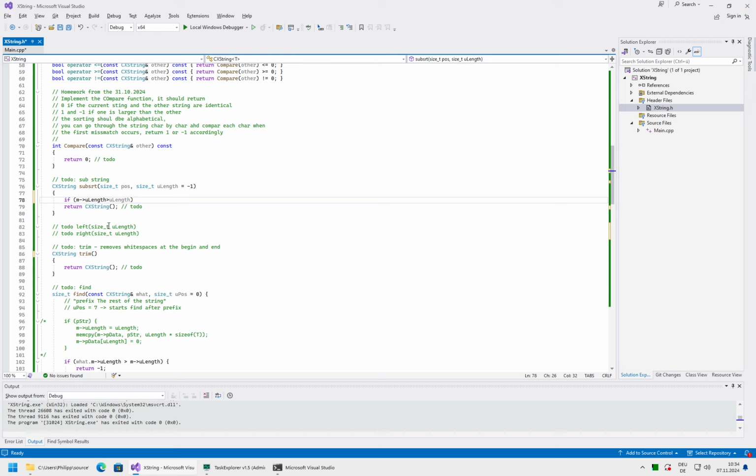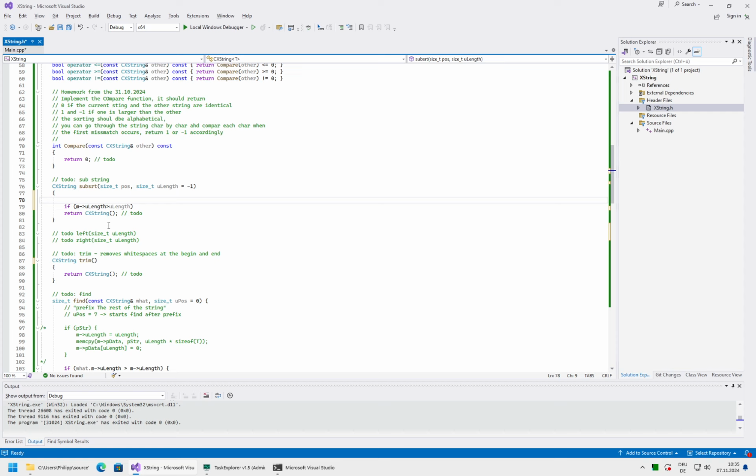Well, there is another thing to keep in mind. uLength can be -1. So if it is -1, then you should calculate the right length that it can be, and then change the variable. So let's start it like this. First thing to do should be to check whether position is valid. So position must be smaller than the length, and if it is not, then return just an empty string. Because that's the first thing. If we want from an offset that's outside of the array, then there is nothing to be done at this point.